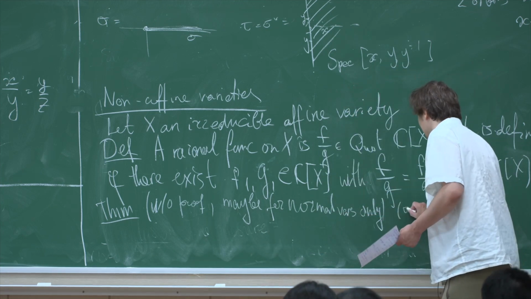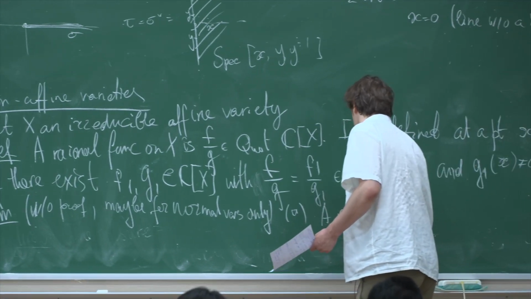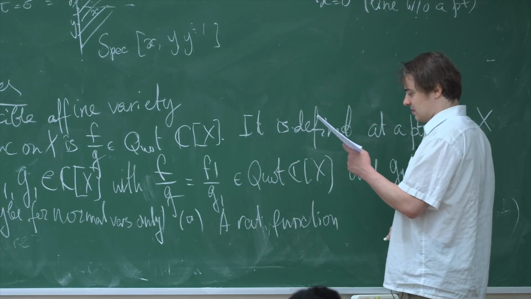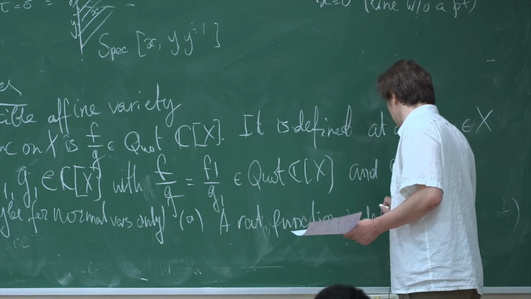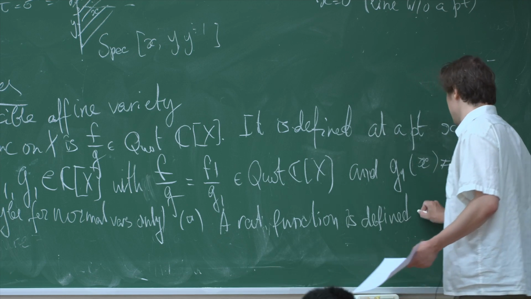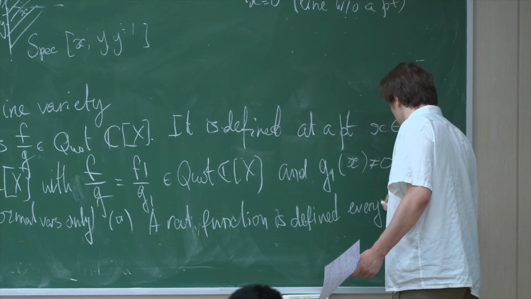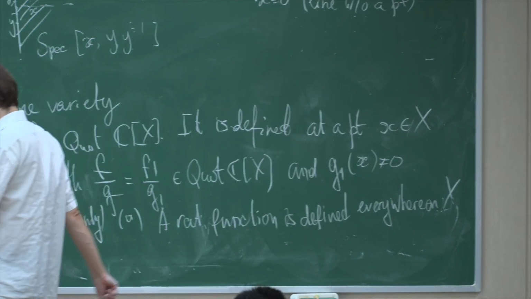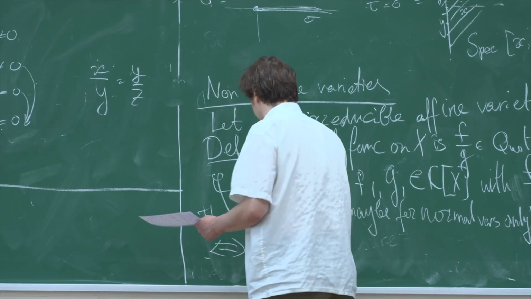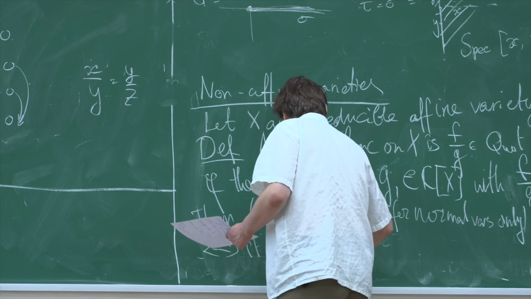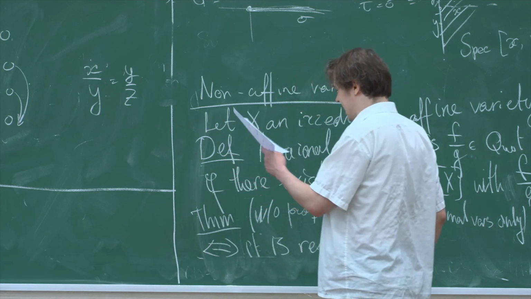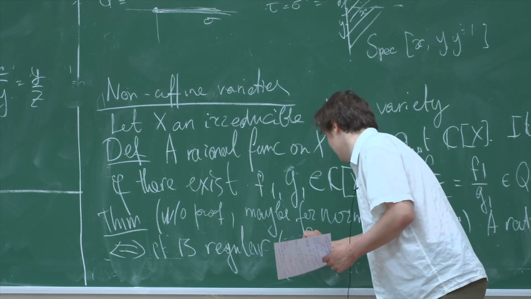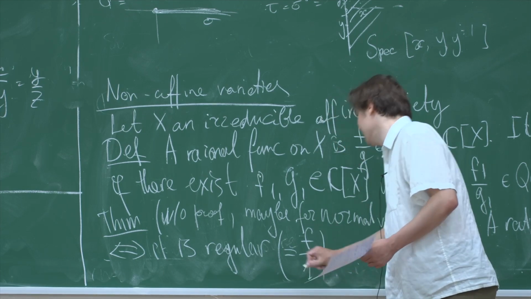that first, a rational function is defined everywhere on X if and only if it is regular, meaning that it can be written as some regular function f divided by 1 in the fraction field,